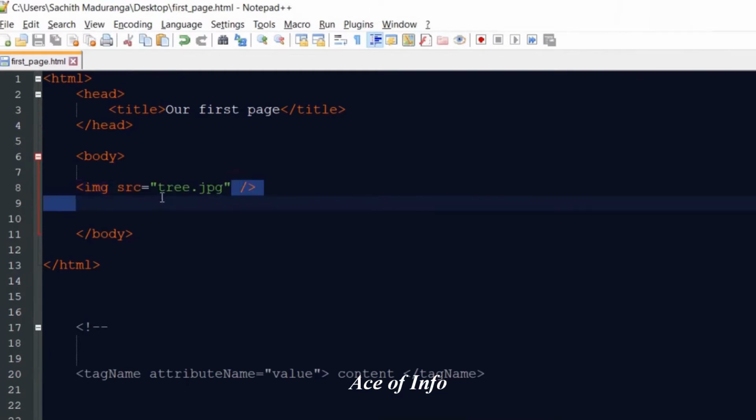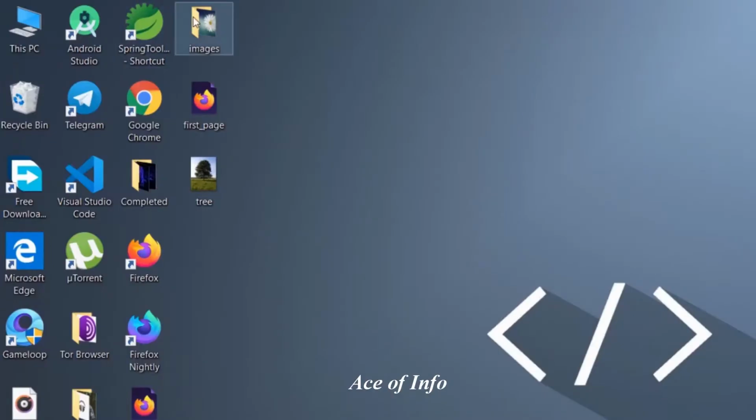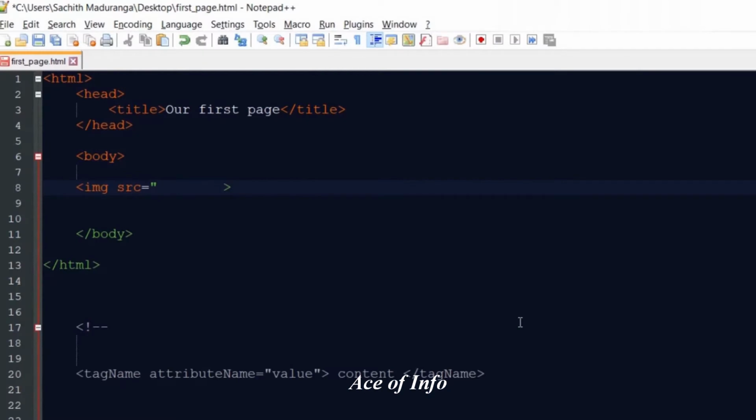I'm going to delete this. Now where is the image? It is in a different folder in the same directory. To go there, I have to specify the path. So I'm going dot slash and then I give the folder name, images.